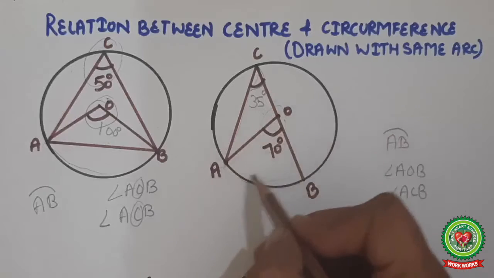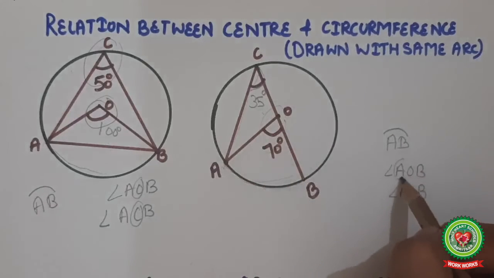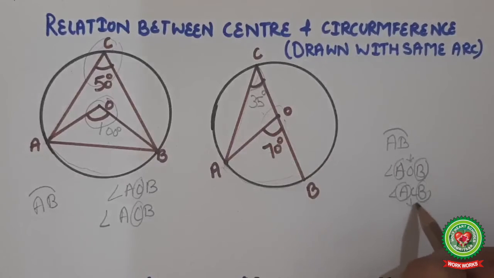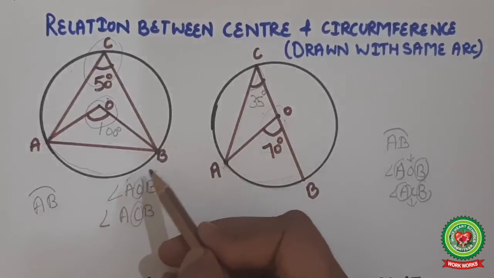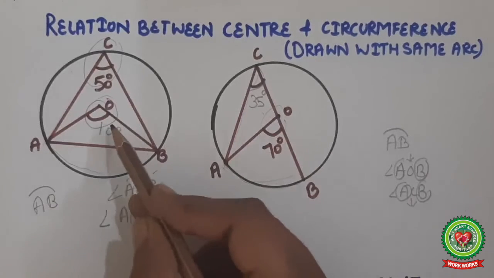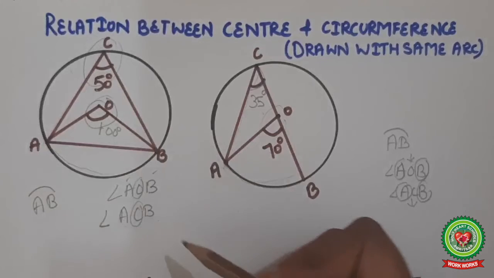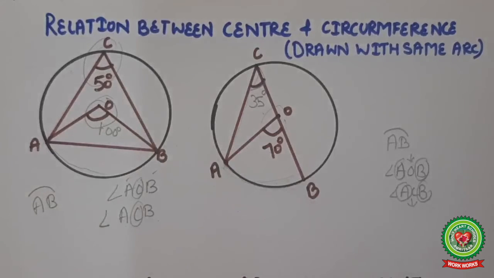There is one more hint, arc AB. So AB will come in, and the central angle is angle O and the circumference angle is angle C. Similarly in this figure, AB is the arc and O is the angle. Similarly here, C is the angle made by the arc AB. So now we will do the application of this theorem.